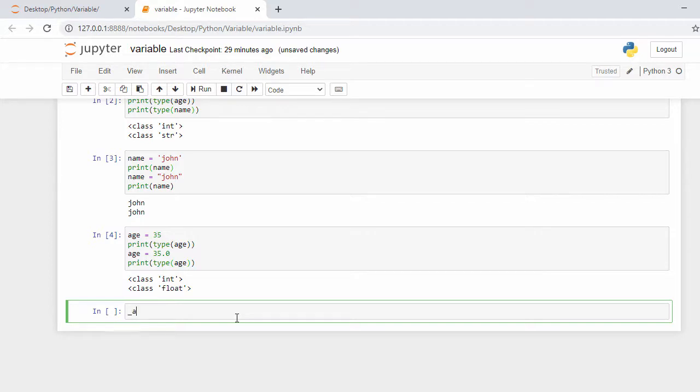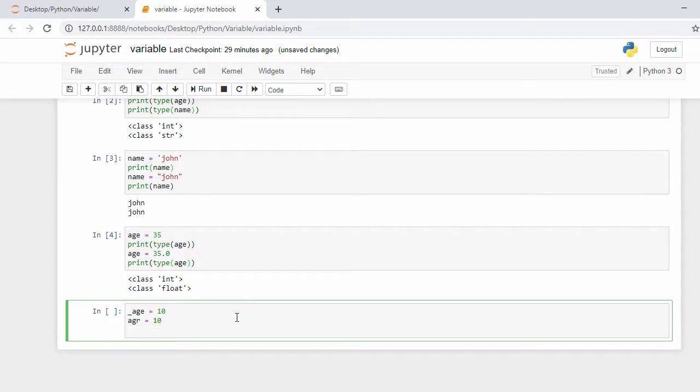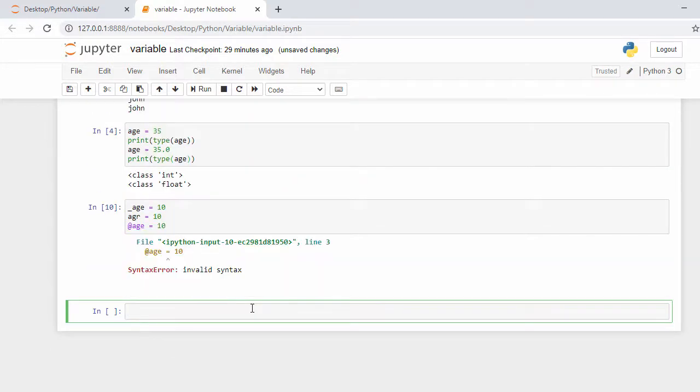I say age equal to 10, so this is a valid variable name, and _age equal to 10, and if I say something like 1age equal to 10, the third one is an invalid declaration of a variable. Let me execute this. It gives me the error for the third variable.